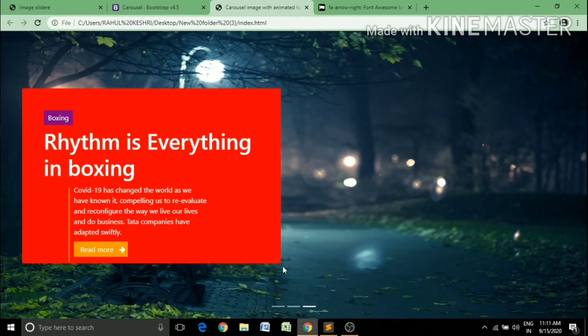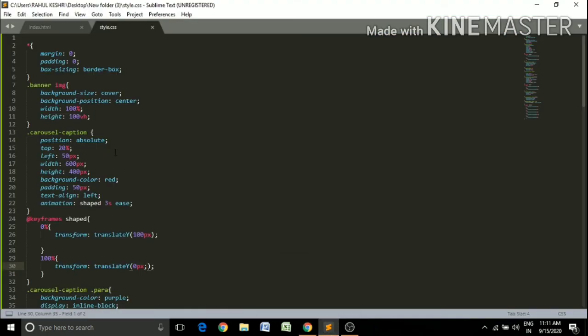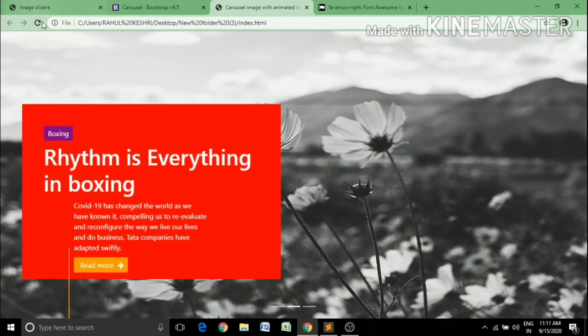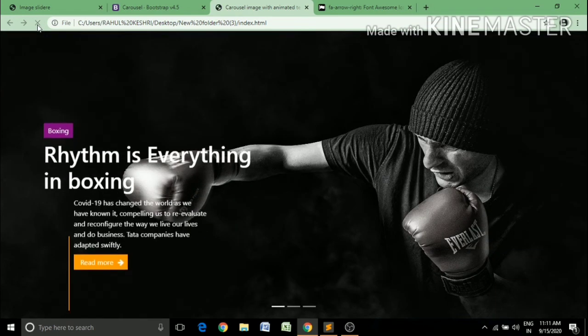Refresh it and simply remove this background color, because we used it to measure the padding and margin accurately.